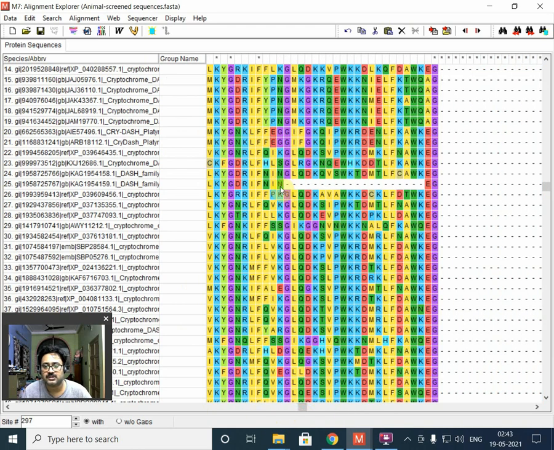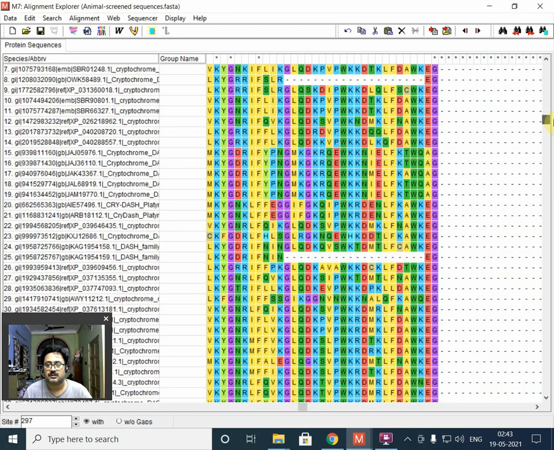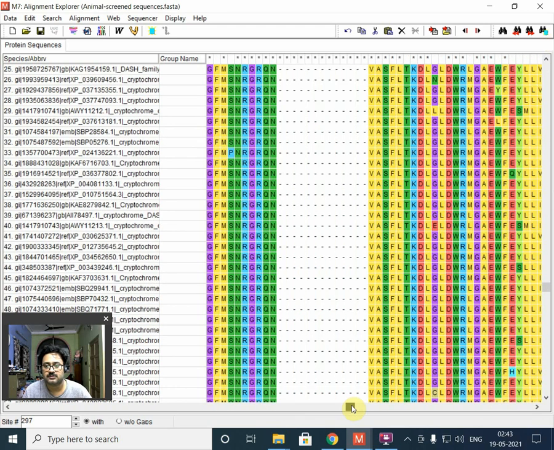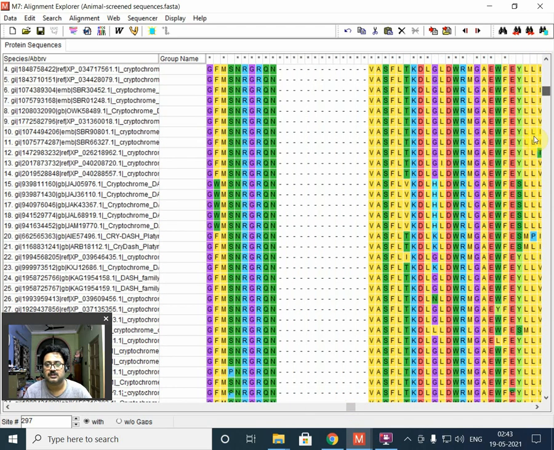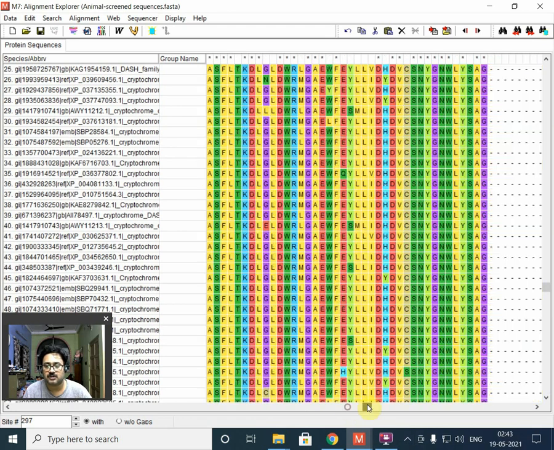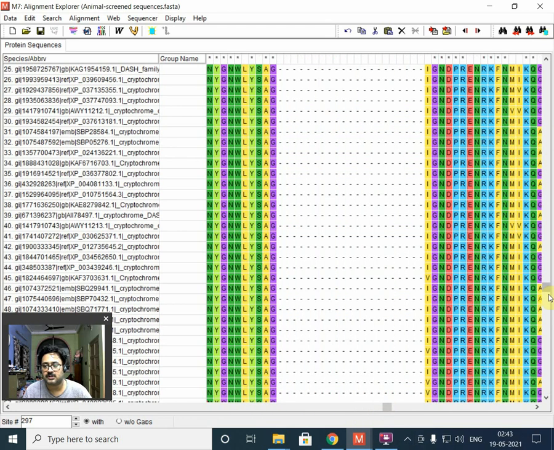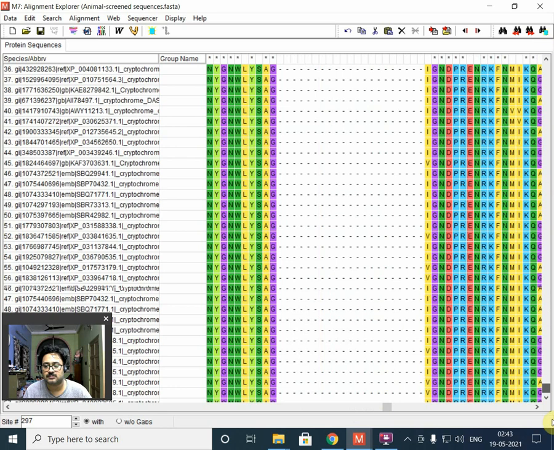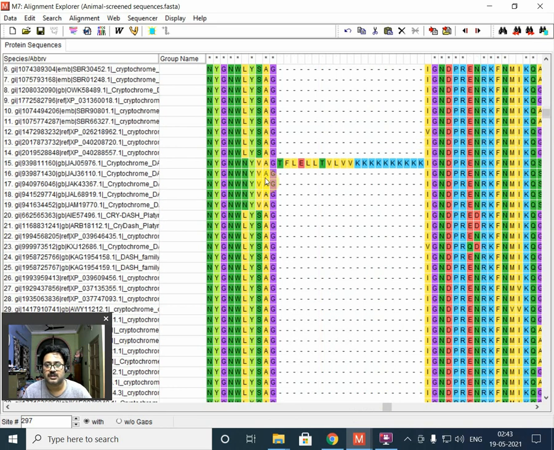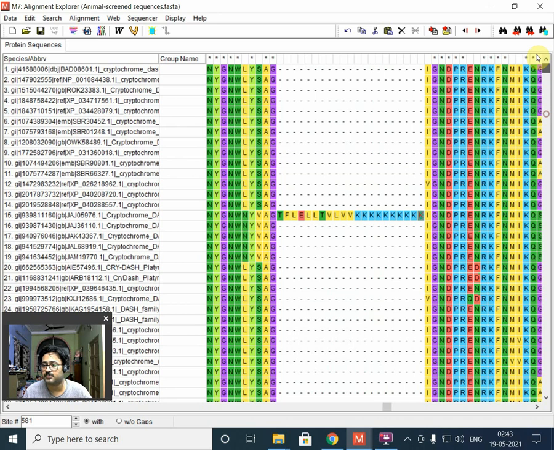Alright, so this we have already covered. Now let's see here, this particular region we have already removed. Now this particular region, see, there is one particular species, the same Daphnia magna. This is a very repeating region, here it is 561 to 581, so almost 20 amino acids, and that is not present in any other.